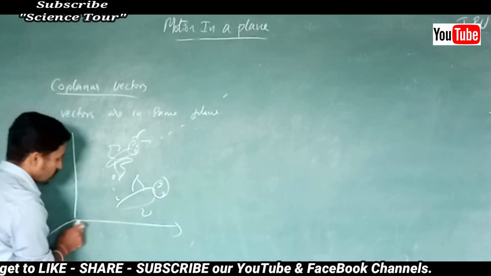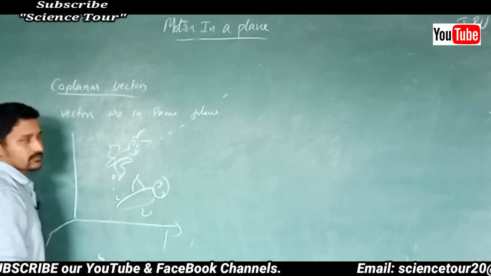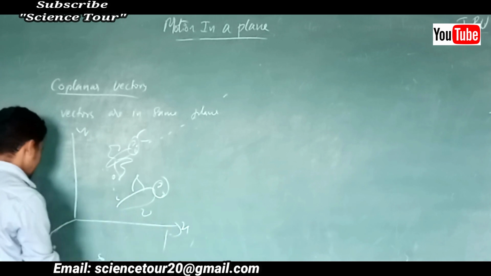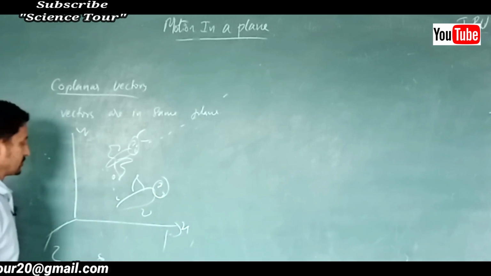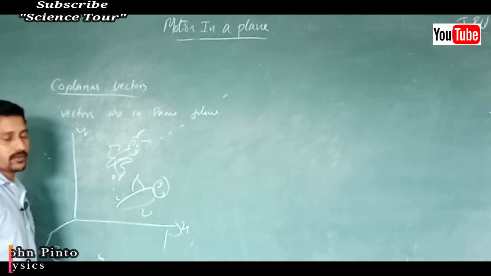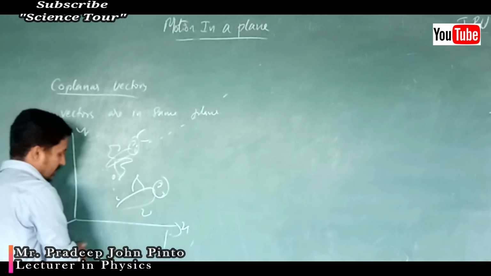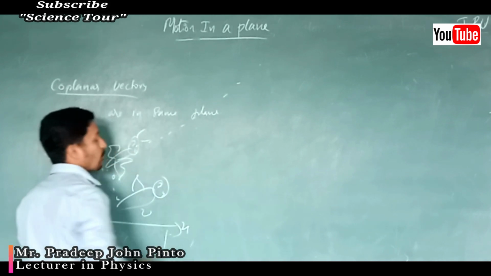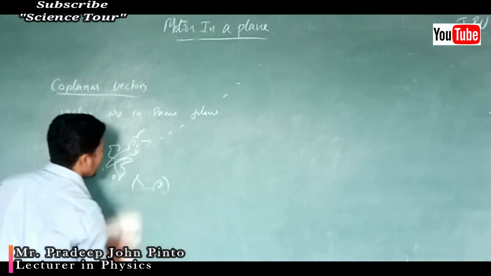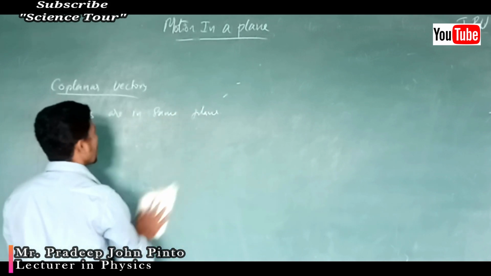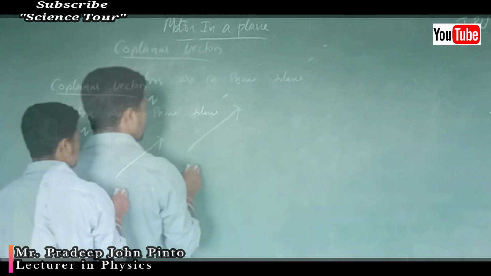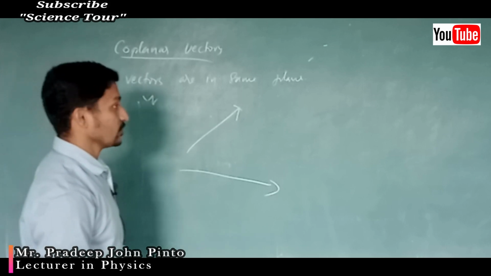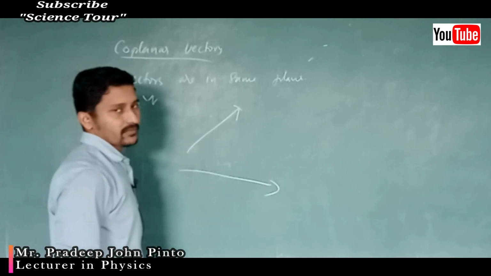This butterfly moves in the xy plane. Now this one is here at the floor. Is it in the same plane? No. This is the xy plane, this is the xz plane, this is the yz plane. If one is here and one is here, it is not the same plane. If one is here and moved here, and one is somewhere here, both are in the same plane. We can write down in this way: one is moved in this way, one is moved in this way. They were not together, but in the same plane at different places.